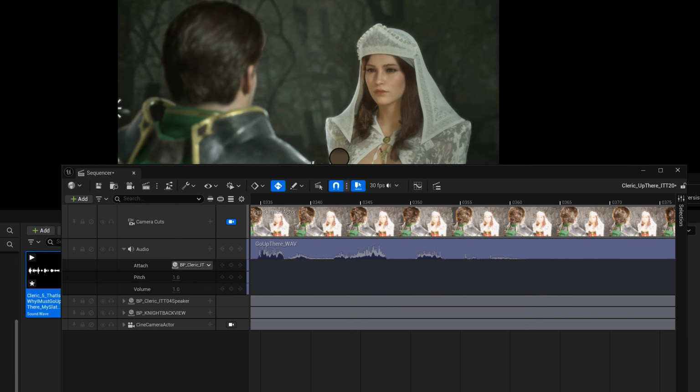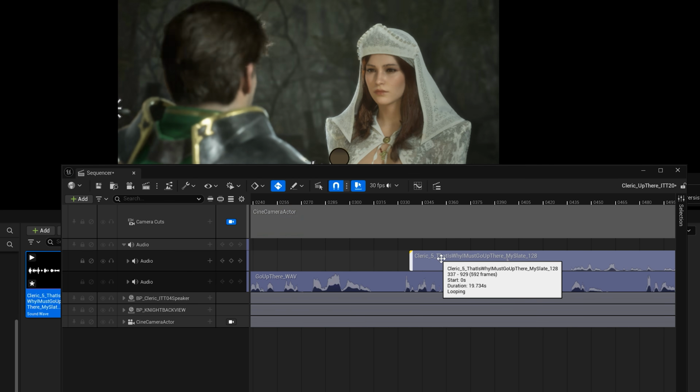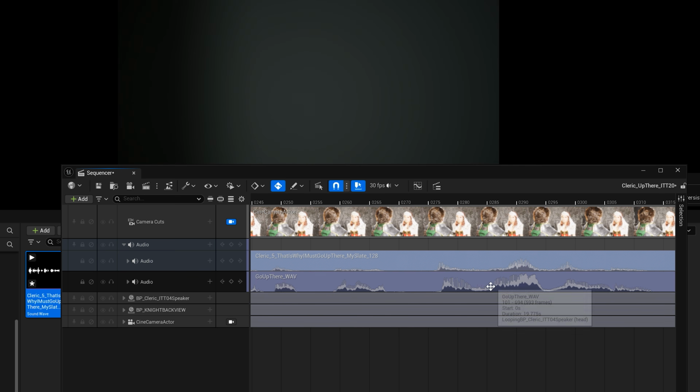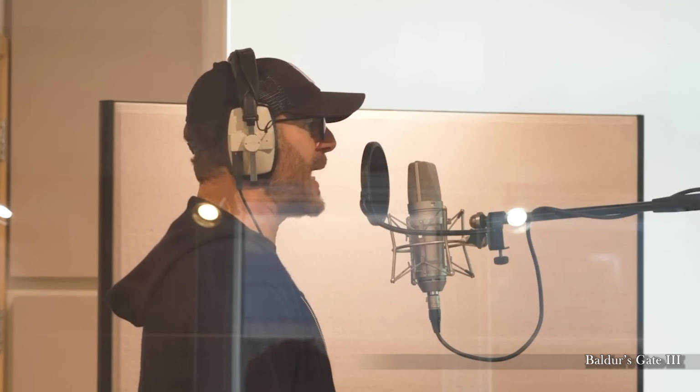What really matters is the preserving of the timing of the original performance. If the timing shifts, even ever so slightly, the lip sync will start feeling off. Ideally, you would have a voice performance you are happy with from the start, done by a real voice actor. Then you can skip this entire step. But if you're working solo, like me, this is the most effective way to bridge the gap.